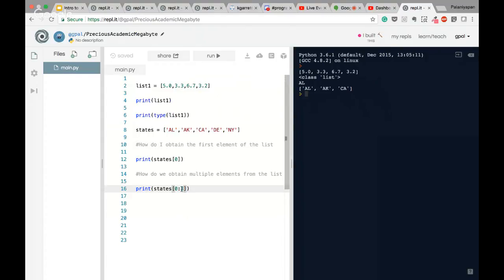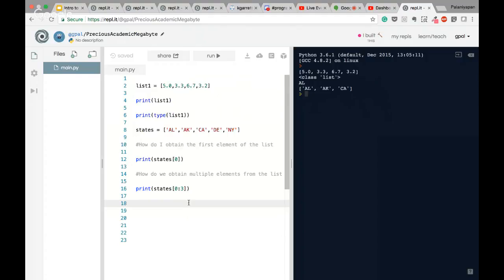But then you find that this is the element number 3 in terms of Python's count, but that gets excluded. So that's something that you need to be aware of. So the start element is included, but the end element that you include in the list is excluded. So that's something that you need to take note of when you try to print out multiple elements of the list. So far we have created what is called a one-dimensional list, in the sense that it's a flat list,